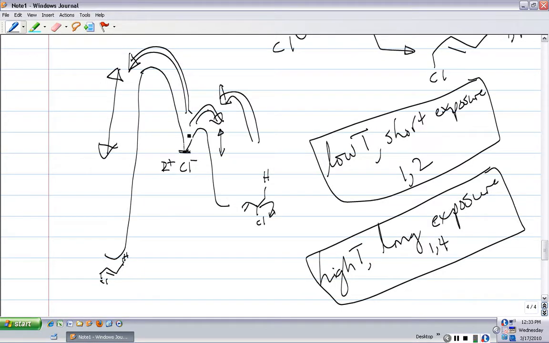While I can do this, right, which is going from the 1,2 to the ion pair to the 1,2, and I can go from the 1,2 back into the ion pair, and I can go from the ion pair into the 1,4, there is a precipitous drop from this transition state to the 1,4 product because it's so stable,